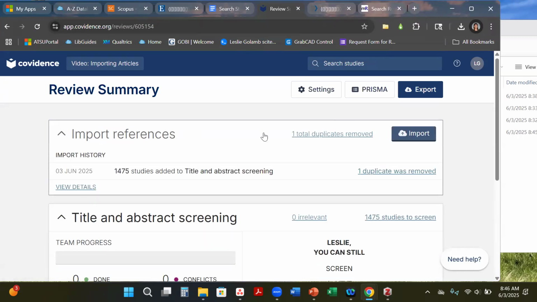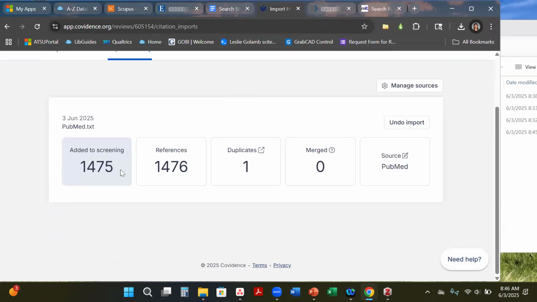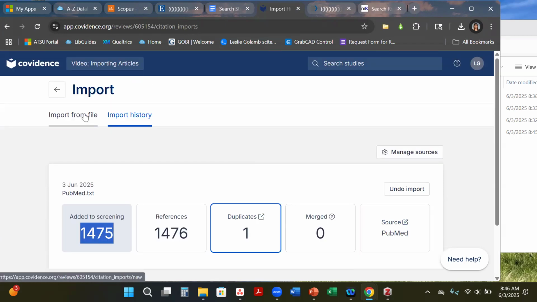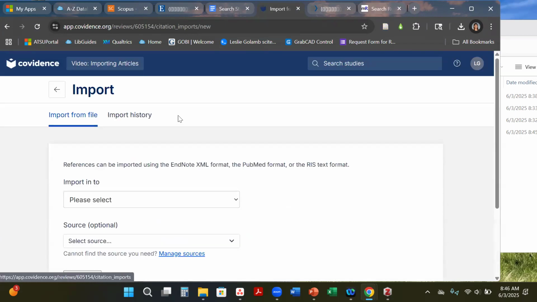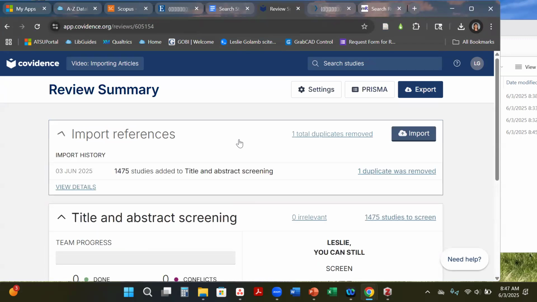Okay, so now you can see if you hit view, you can see how many were added to screening, how many duplicates there are, you can see your source. So we can move forward now with importing more. So when we're on that screen, when you're in the view details screen,